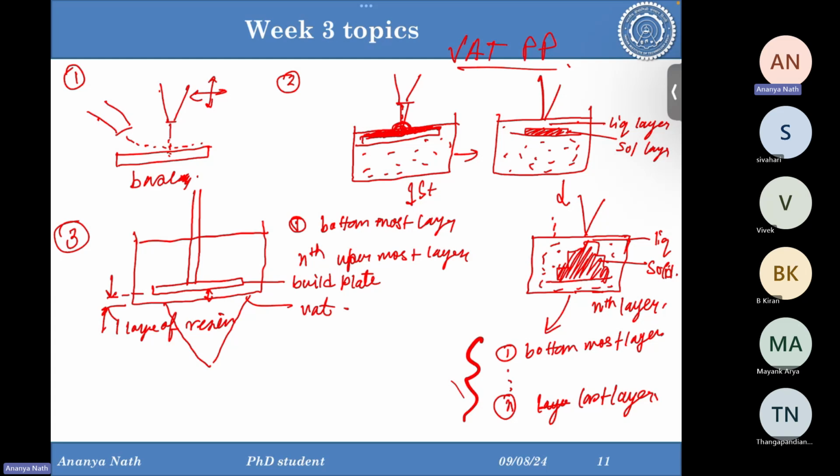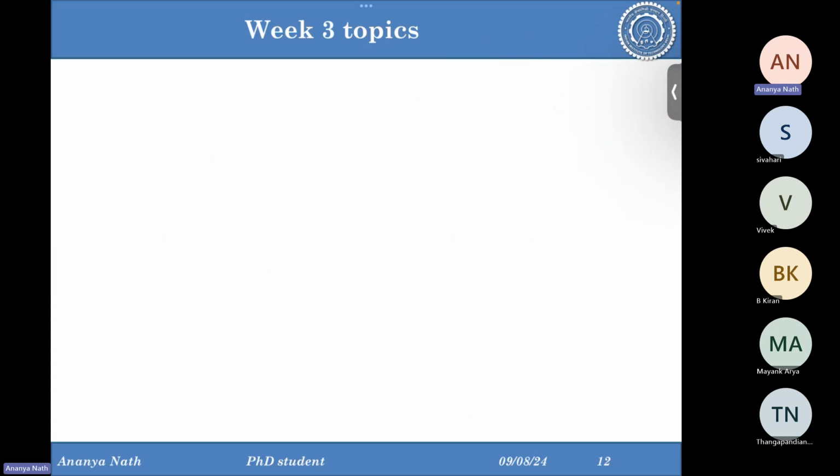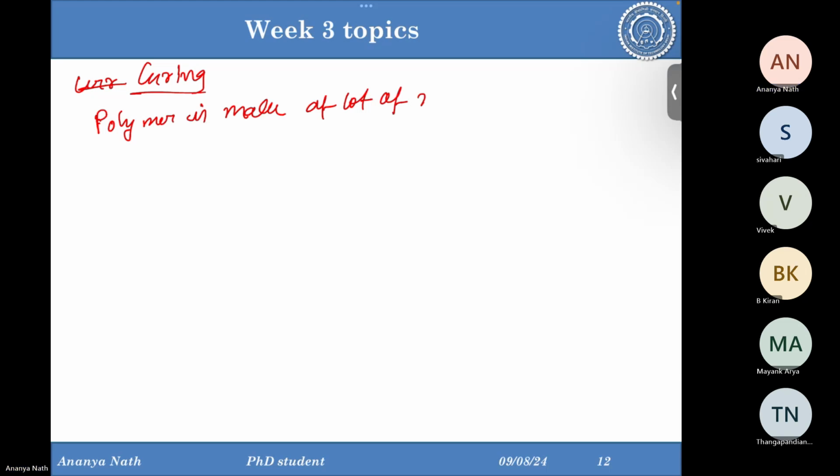Okay, remember the flow of this process. But how you are curing each layer is again important, and that is very much different from other AM processes. Like I said, the curing. So let me first explain what curing is. Polymer is made of millions of small monomers. Polymer is made of a lot of monomers. A monomer is a single unit of polymer. So if this is a monomer